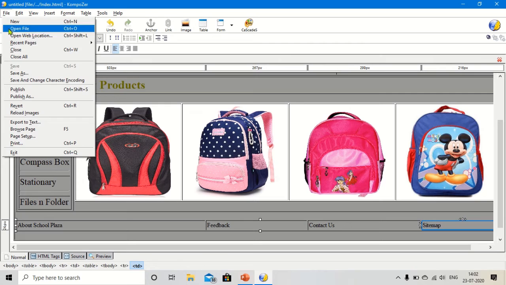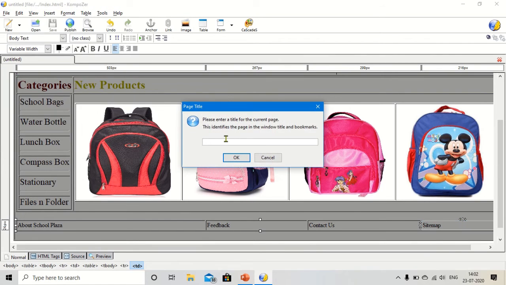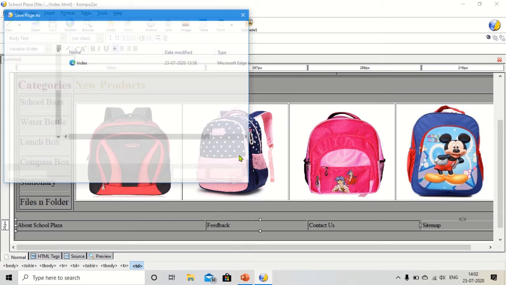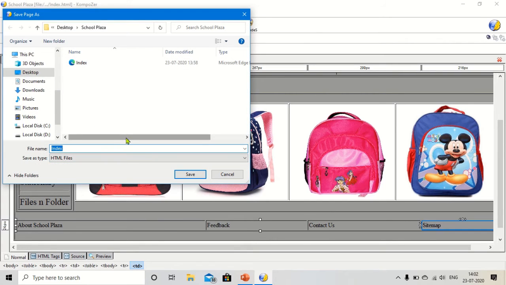Go to the file, then click on the save as, then I want to give here school plaza, then the file name I want to give here school bags. No need to give .html because the save as type is HTML, so by default the .html will come.